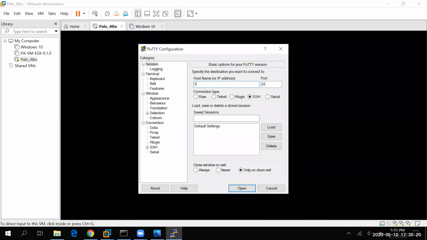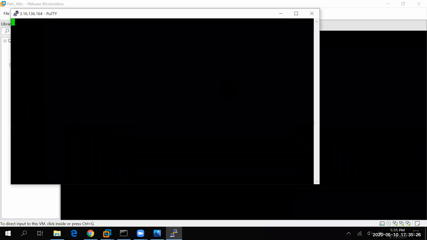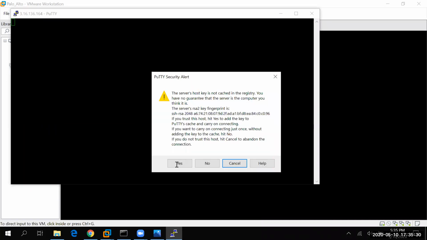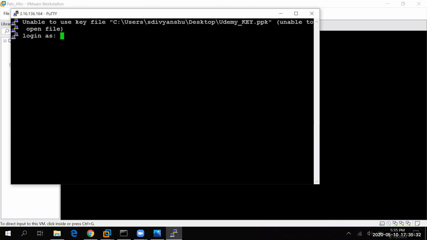192.168.1.10. Here it's prompting me. Let me enter admin and my password.